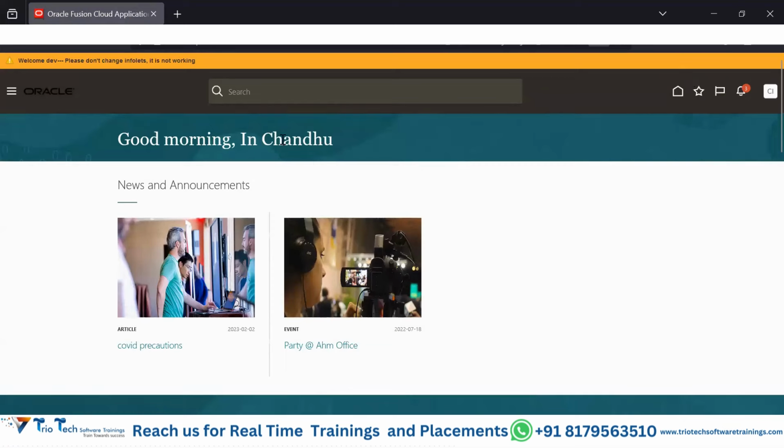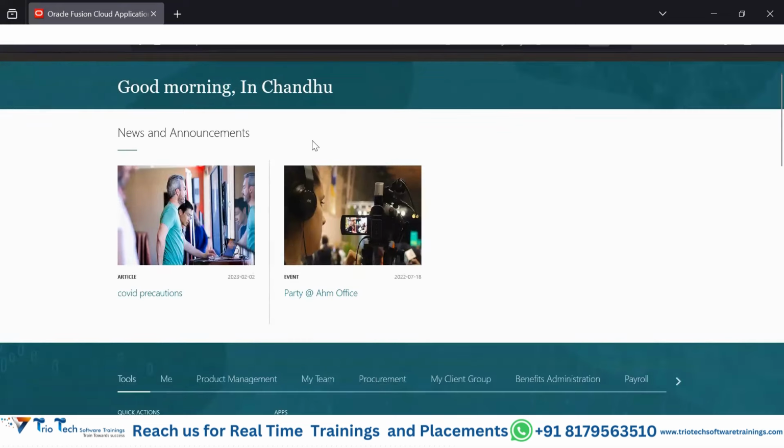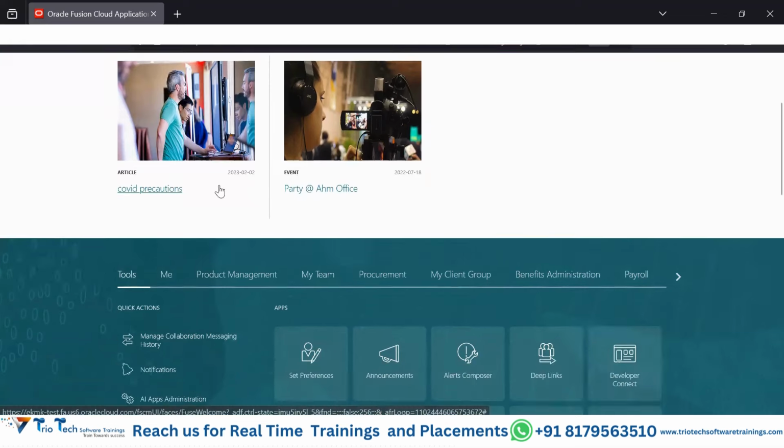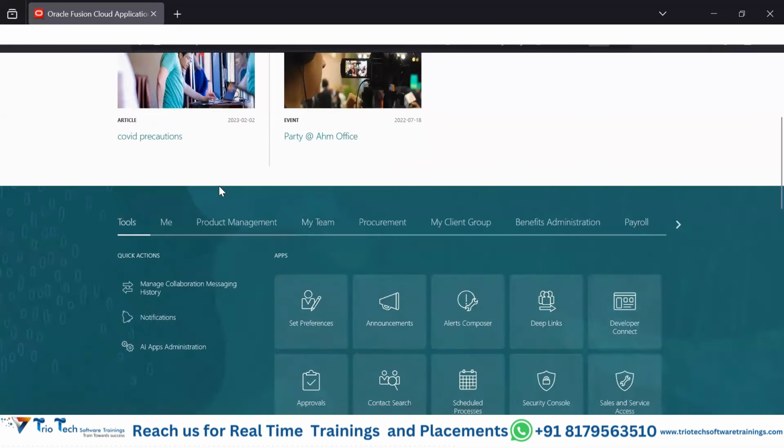So there are some greetings and the name of the user, and these are some news and announcements. Depending upon the format or the theme that is set up for this particular application, you'll be able to see these details. And predominantly, you'll be able to see your organization-relevant details, some news and articles related to your organization. Those things can be published here. But if I scroll down,